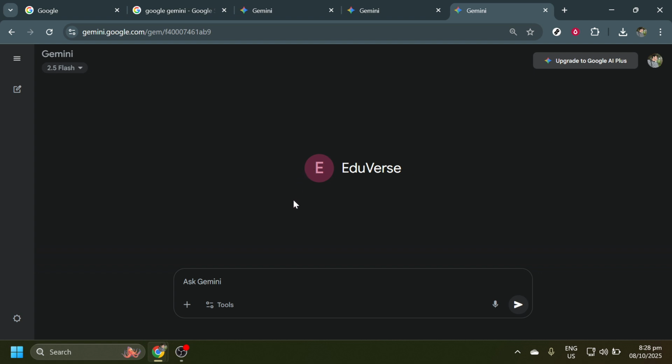With these personalized gems, you can streamline your workflow and have your AI assist you in ways that best fit your tasks. Test out your new gem, see how it integrates into your routine, and iterate over time to optimize